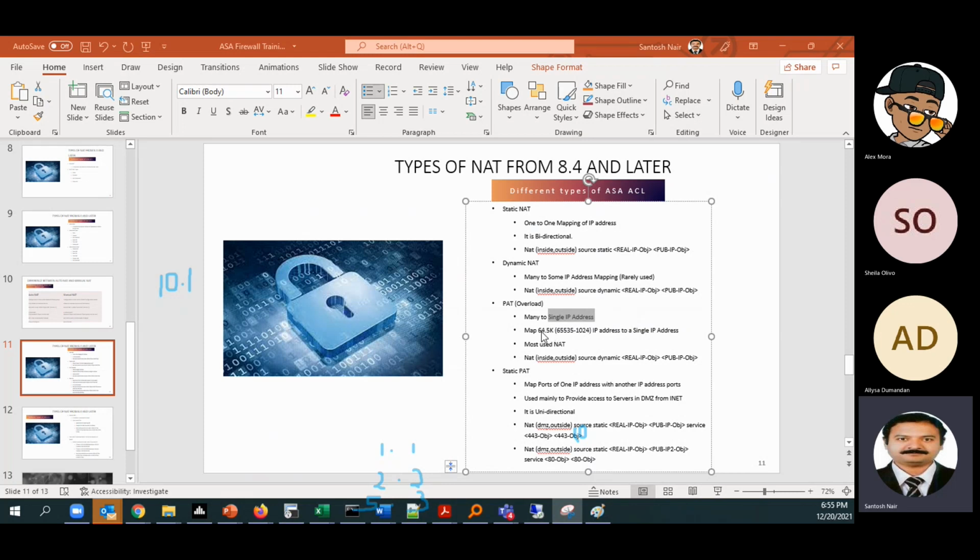So with NAT on a single IP, it can support up to 64.5K connections. This part is clear. Why are we saying 64.5K connections?